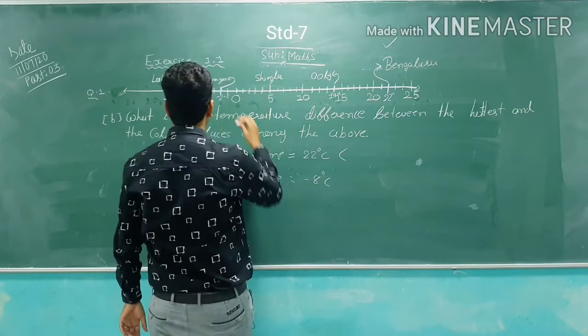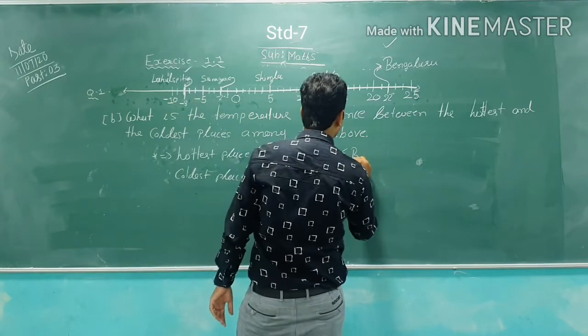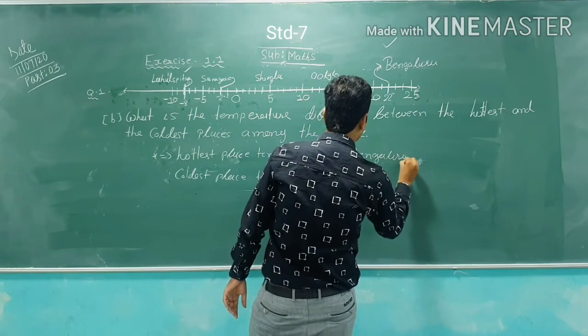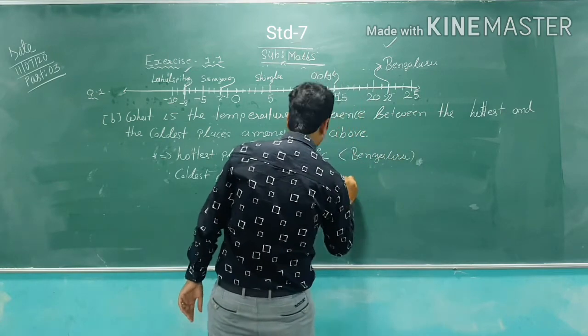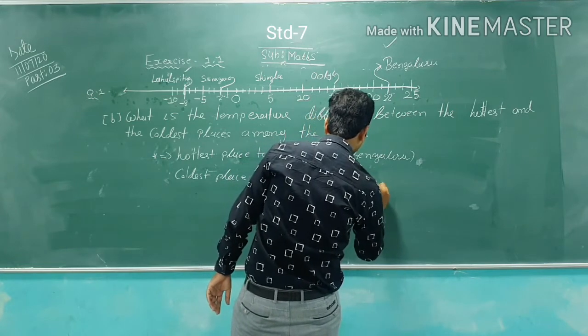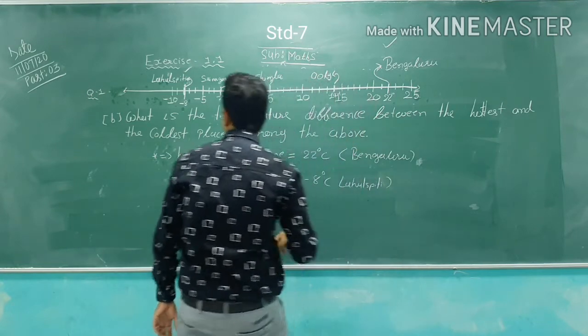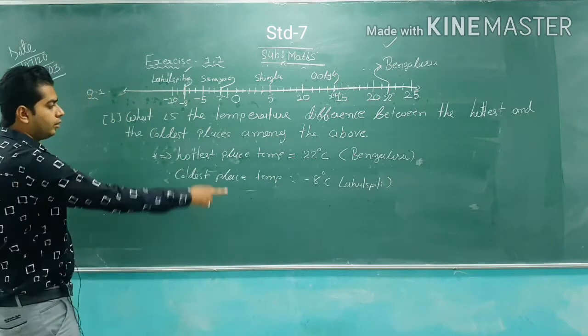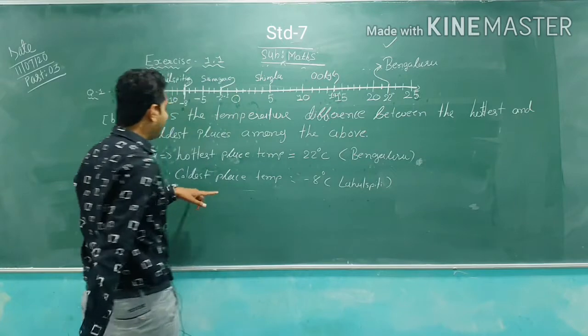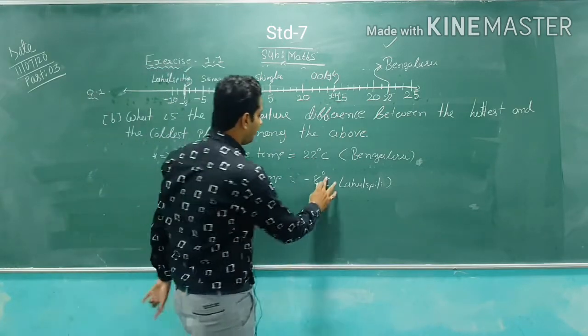Here in the bracket we will write the name, Bengaluru and Lahaul Spiti. Okay, so the hottest place is 22 degrees Celsius, Bengaluru, and the coldest place is Lahaul Spiti, which is minus 8